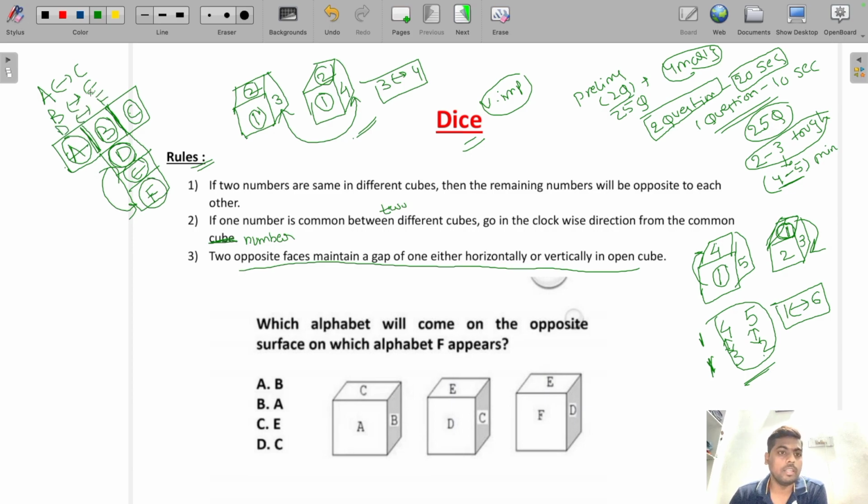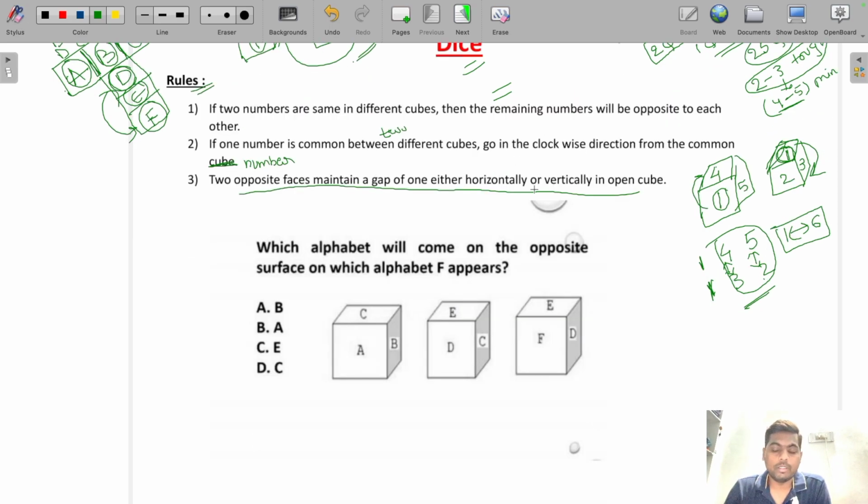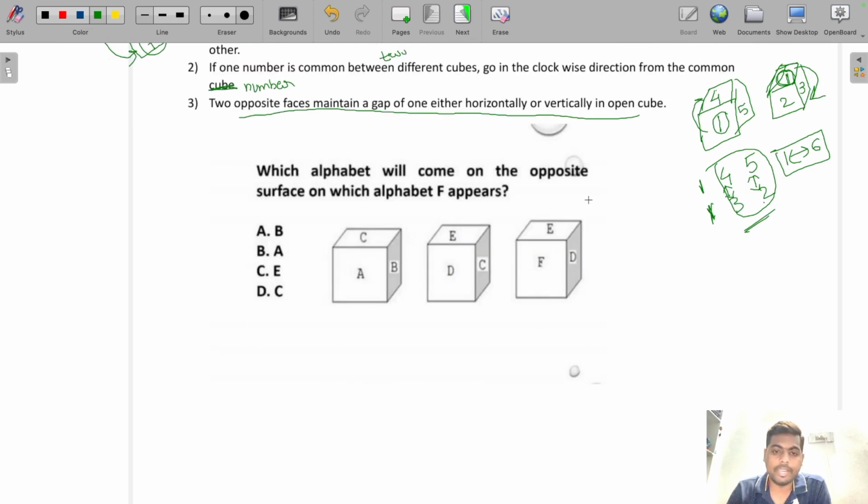Okay, I hope till here you understood. So these are the three rules. Now we will solve the questions very quickly, so that you will understand the concept very clearly. Now coming to this question, they are asking which alphabet will come on the opposite surface of the